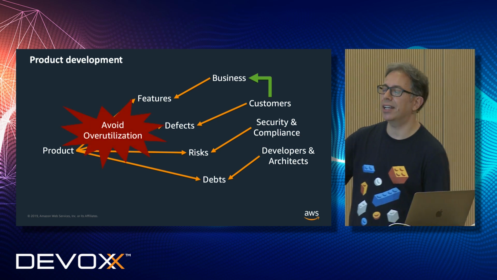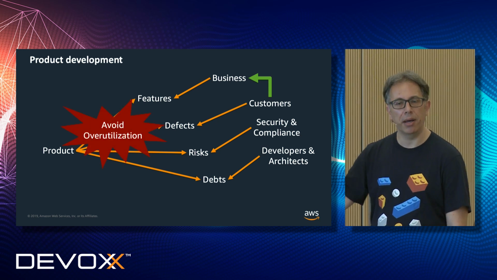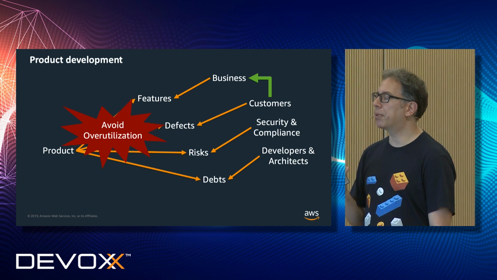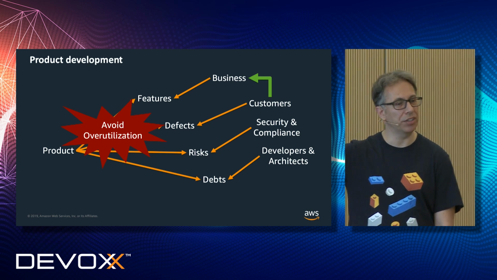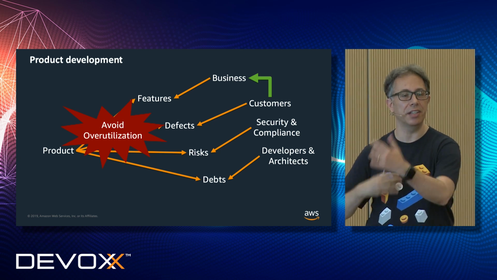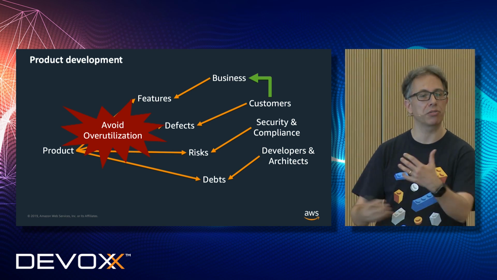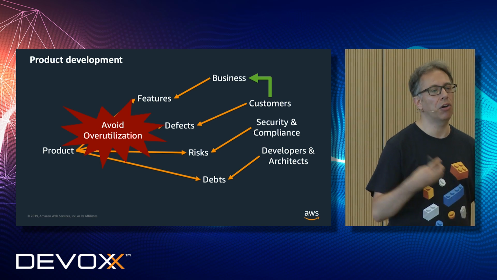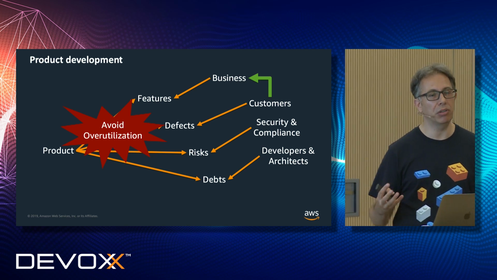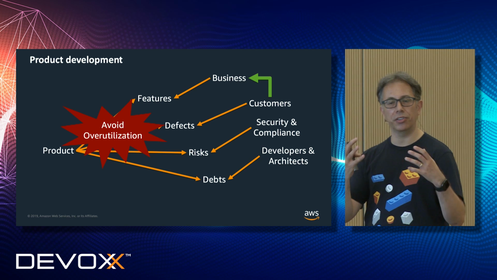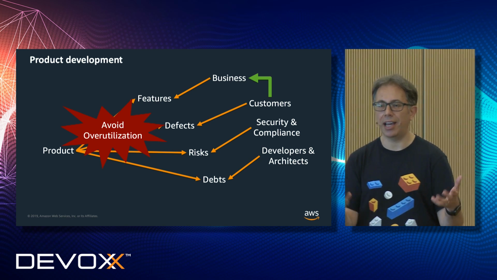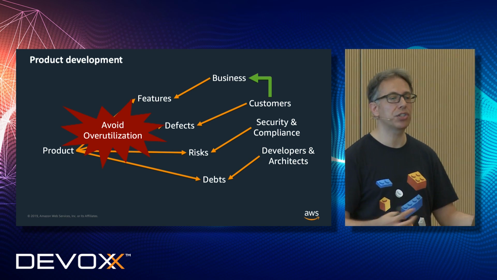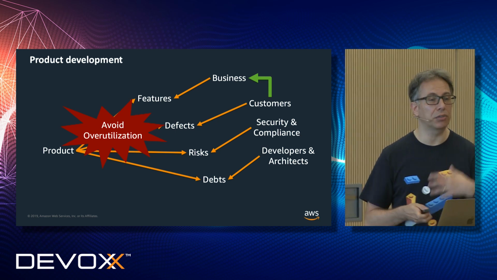Since this is very dynamic, it's not a project management approach. We're not building a bridge in 3 years. We're building something where every few weeks we change direction because we get new feedback. Avoid over-utilization of your team. You can't over-plan everything. So probably you need to leave 20, 30, 40% of your team's time available for getting new features and new feedback and reacting to the feedback that you get.